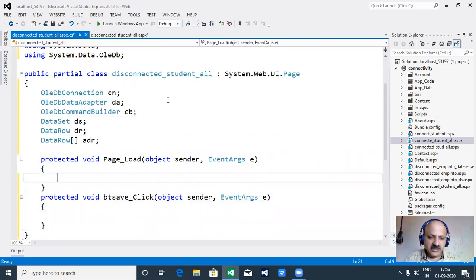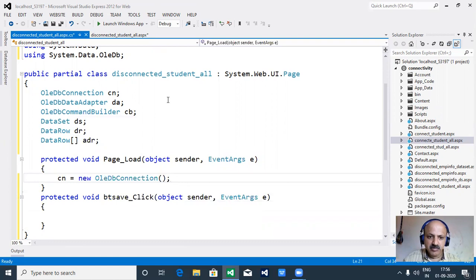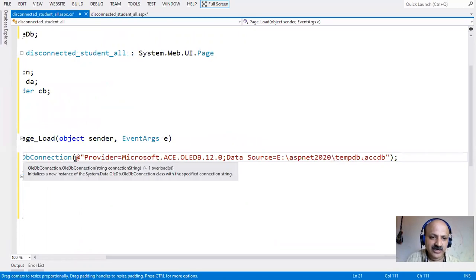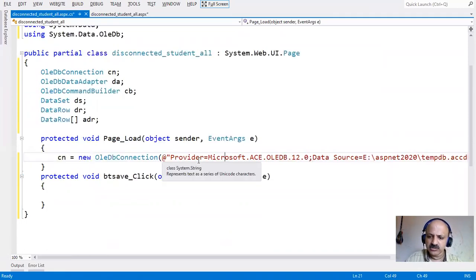Now we have to open cn and provide the connection string in between the double quotes, and you have to know very well, we can prefix it with an @ sign, and I copy and paste. You can already take the connection string. There are two ways: you can provide the @ sign, otherwise you can provide two slashes. You do not have to provide both. If you do not provide the @ sign here, then take the double slash, otherwise it will give an error. So there are two ways, @ sign as a prefix, or two slashes. Here we can use the @ sign, that is better and also looks better.